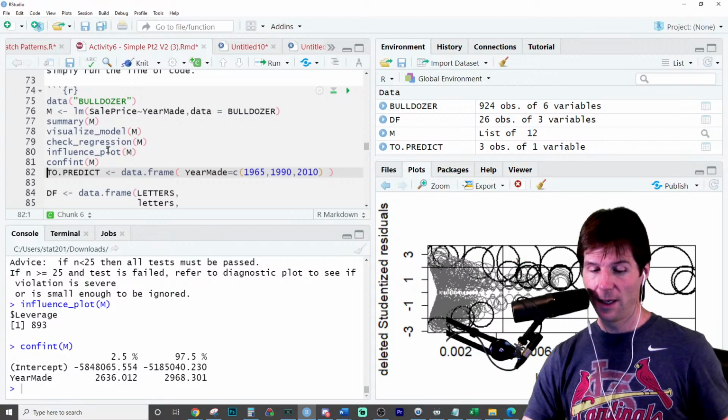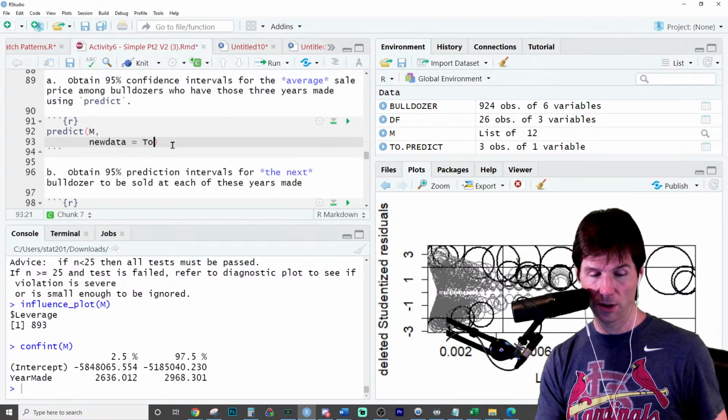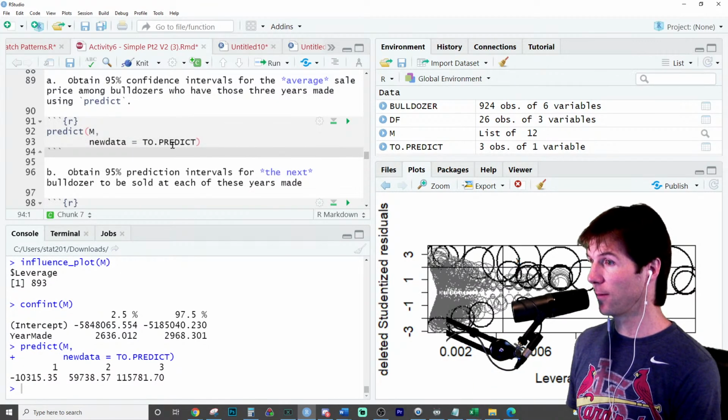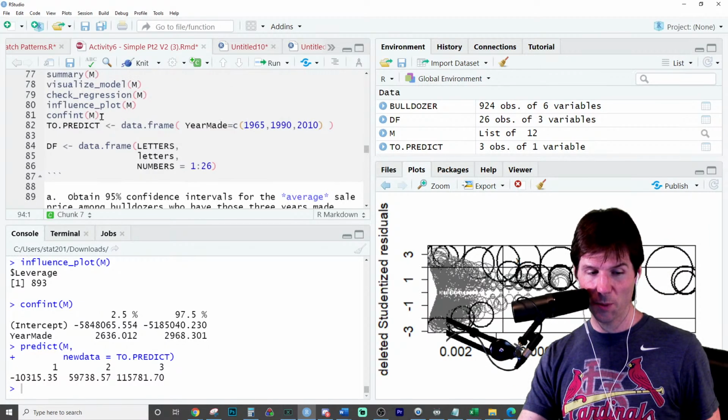That is the model. And so we're now making predictions using the model, and our new data is stored into to predict. And so these are the predictions right here. Now I want you to know something. Watch this though. I want you to know that when we are doing these predictions right here,